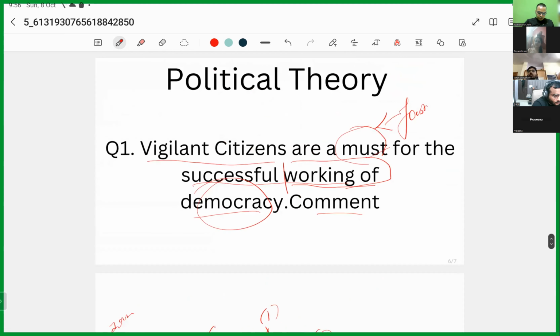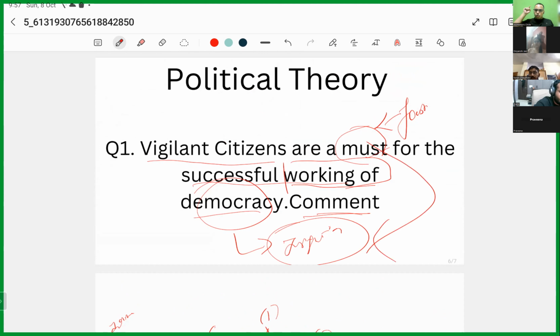This question, though it says comment, needs justification. How was I able to derive that justification is a must? When I tell you to do some work, Divyanshi, you have to do this, Pratik, you have to do this, you will ask, why, why are you saying this, say something else. So I have to justify, because this is the reason why I'm suggesting you to write PYQs, and to read PYQs.